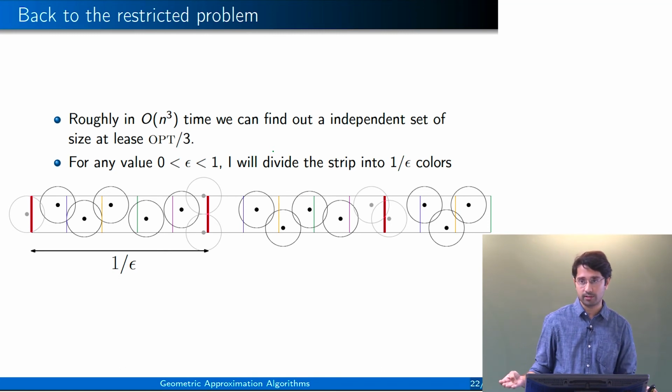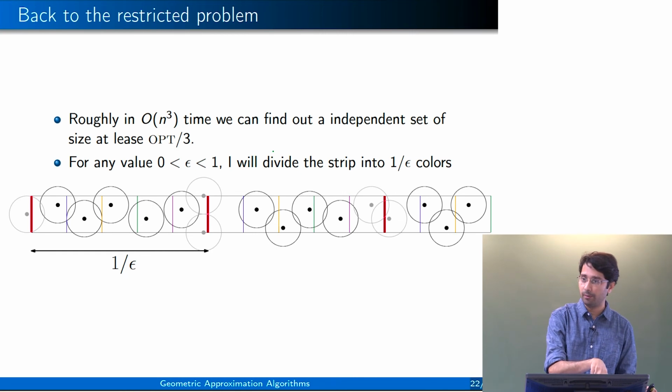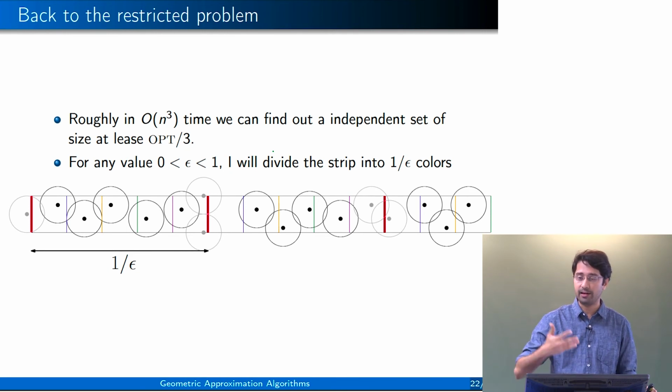I can use 4 colors. Then the complexity will be n to the power 4, because each problem will be of size n to the power 4. I can use 5 colors. Then complexity of each problem will be n to the power 5. I can choose 5 independent disks from each of them. I can choose 6, 7, 8. Complexity will increase, but